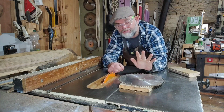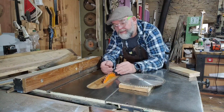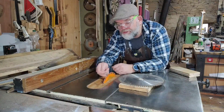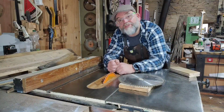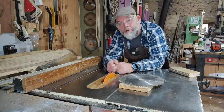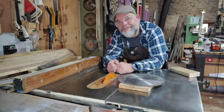Now, let's say, for instance, I was using this blade in this saw, which I can do. Same bore, absolutely not a problem. Right? The riving knife, if the riving knife was for this blade, which it probably wouldn't be, wouldn't be suitable for this saw blade. No. So it means you need multiple riving knives,